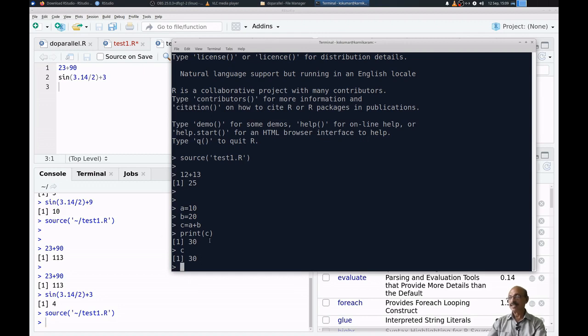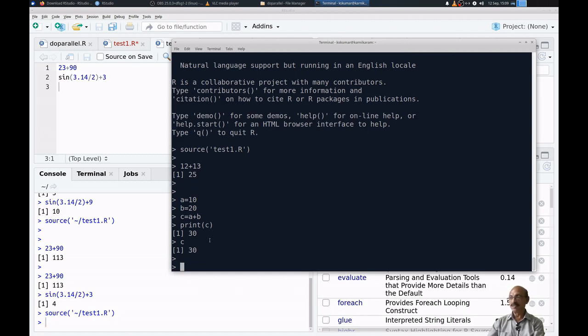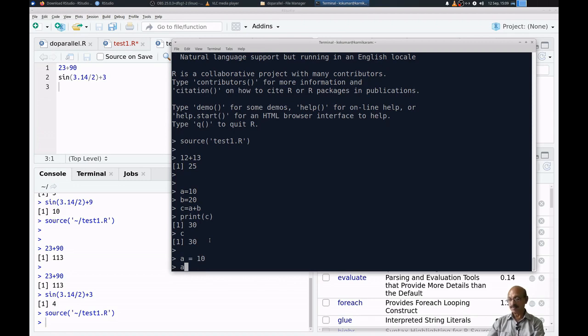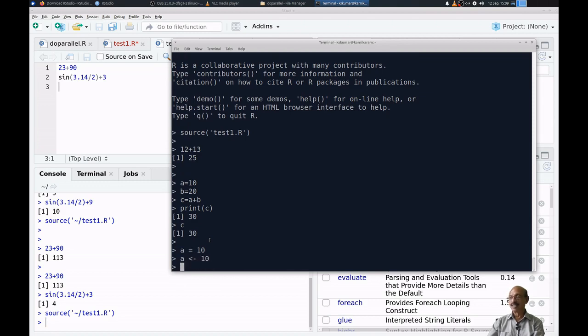There are different ways you can assign a value. If you are more into mathematics, you may tend to assign it like A is equal to 10. But the most popular way of assigning a value to a variable is A <- 10, which is the same as A is equal to 10.